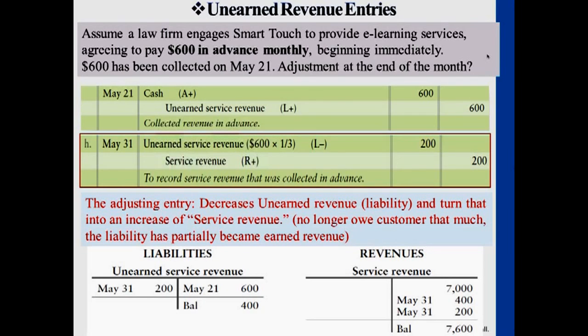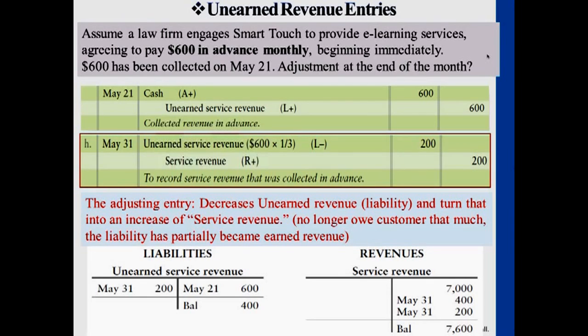So once you see something on the right side, the credit side, that represents that earlier you had altogether liability worth $600. But now when it reaches May 31st, you reduce this liability by $200. So you still have $400 worth of liability,